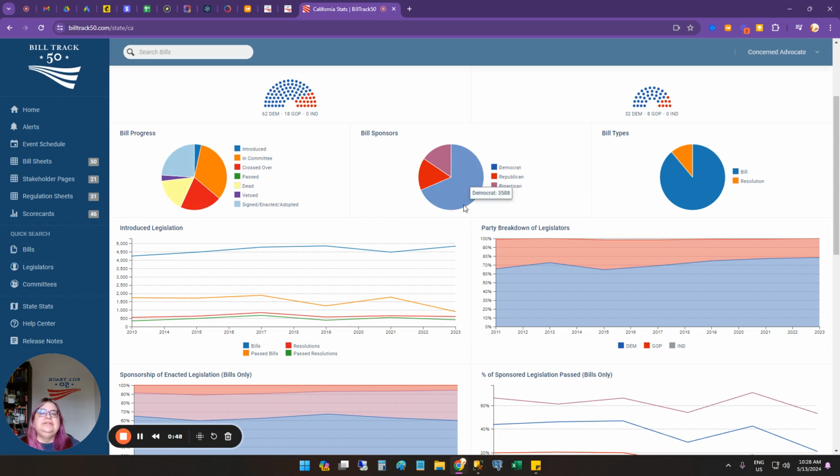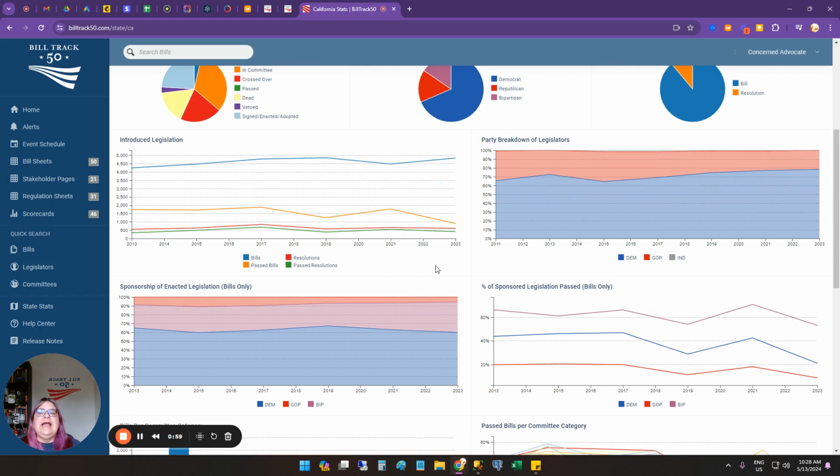And then how many bills are introduced by Democrats only, Republicans only, and bills that are bipartisan, and bills versus resolutions, which can vary state by state. And then we give you a quick look at year by year how many bills are introduced each session. So in single year session states, there'll be a few more data points. And for the biennial states, you get just a dot every 2 years. But here we see that, for example, in 2021, California had 4,400 some bills and 1,700 some passed, and then resolutions and passed resolutions down here.